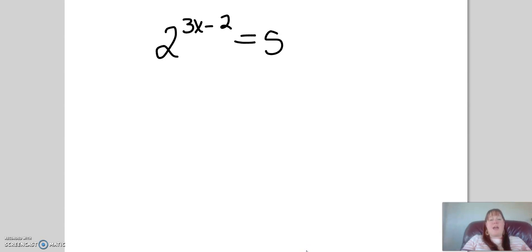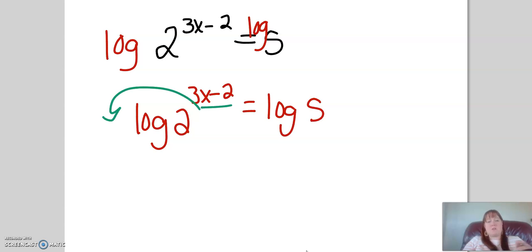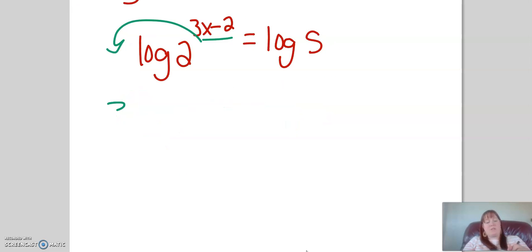So we're trying to solve for x in the exponent here, and since we can't get a common base, we need to use logs. So we take the log of both sides, or the ln, either one is fine, but I just use log usually. So this is log of 2 to the 3x minus 2 equals log of 5. And now since this is in the exponent, we can bring it on down because our log rules tell us we can do that. So we're going to end up with 3x minus 2 times log of 2 equals log